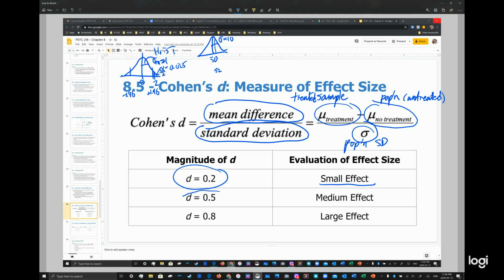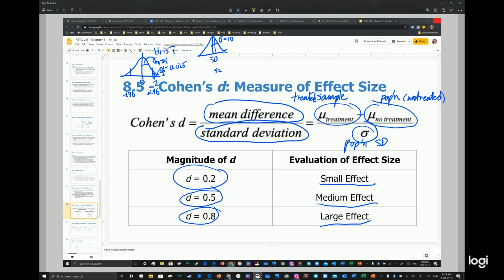If it's about half a population standard deviation away, that would be a medium effect. And if it's close to 1 standard deviation away, say 0.8, then we consider that to be a large effect. Remember, standard error, especially for large sample sizes, is going to be much, much smaller than